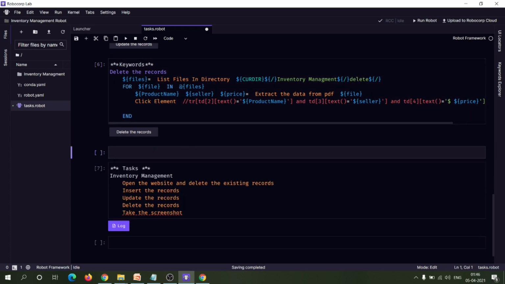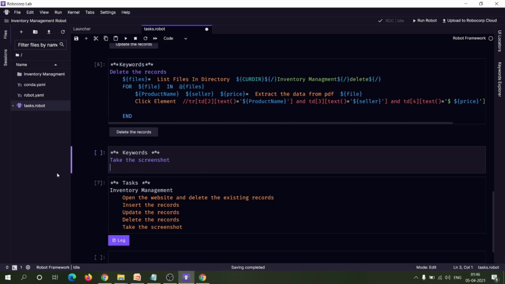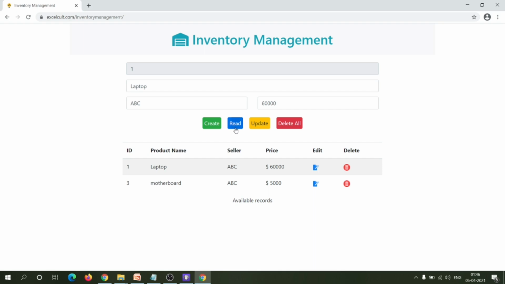For that we can use the keyword. Now we can define take the screenshot. So for taking the screenshot, we have to click on the read button, then we have to take the screenshot of the available record.